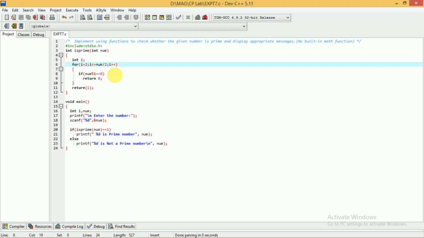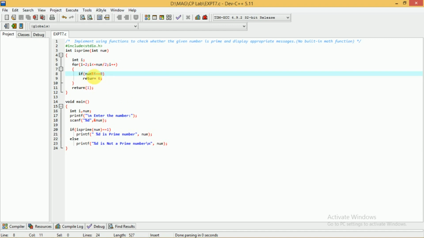If it is not divisible by any number between 0 and 5, then obviously it will not be divisible by any number after that and before 9. So that's why we have for i equal to 2, i less than or equal to num by 2, i plus plus.